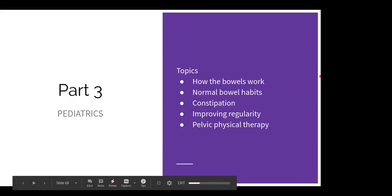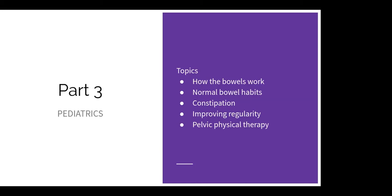So today we'll be talking more so about how constipation and the bowel it goes with in the pediatric setting, and what we can do for our kiddos that are suffering from constipation and how we can help improve their regularity. And then at the end, I will be talking a little bit about what pelvic physical therapy looks like